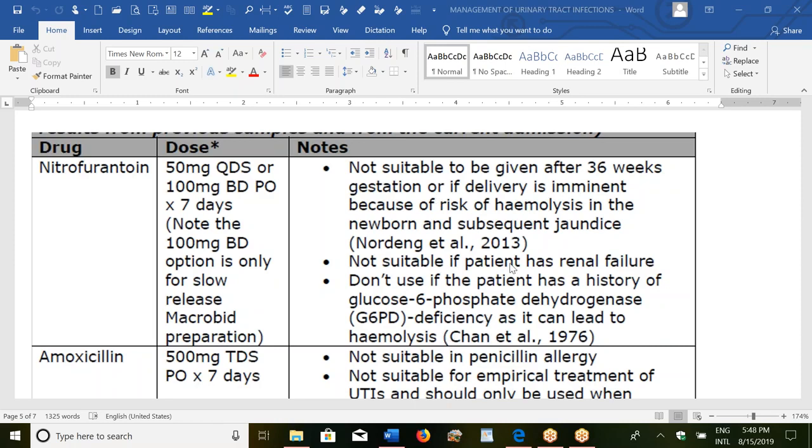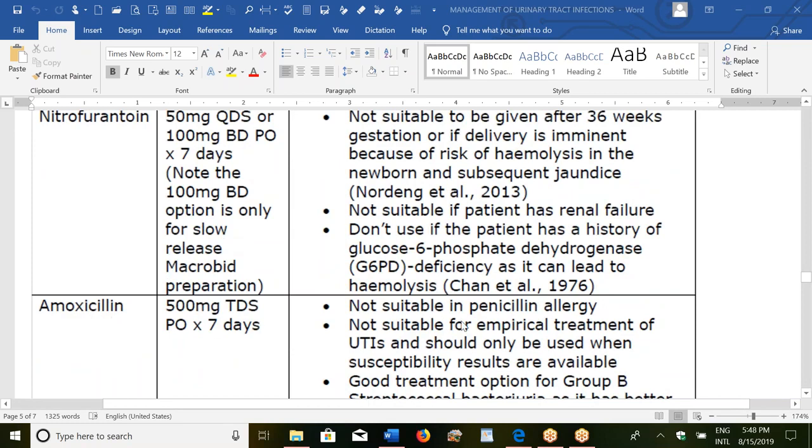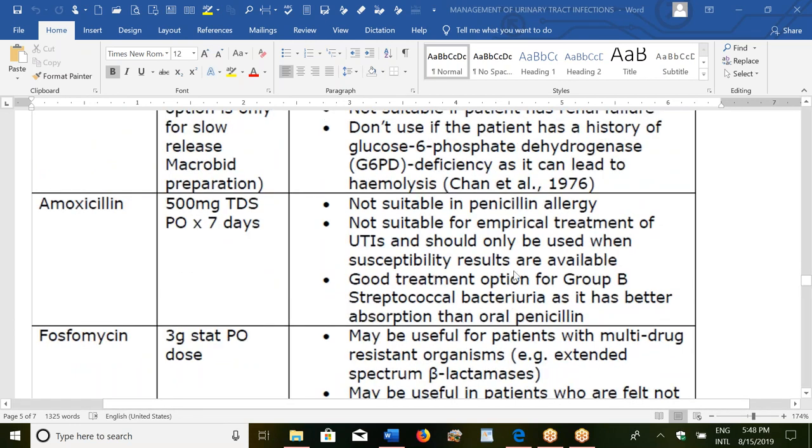So you need to remember this information. This one is not essential. You can give amoxicillin, not suitable in penicillin allergy, not suitable for empirical treatment of UTIs, and should only be used when susceptibility results are available. So this is a good treatment option if your patient has group B streptococcal bacteriuria, as it has better absorption than oral penicillin. So for a patient with group B streptococcal infection, you are not going to give benzyl penicillin. You will give amoxicillin. This is a broad spectrum antibiotic with better absorption during pregnancy, so you are going to get